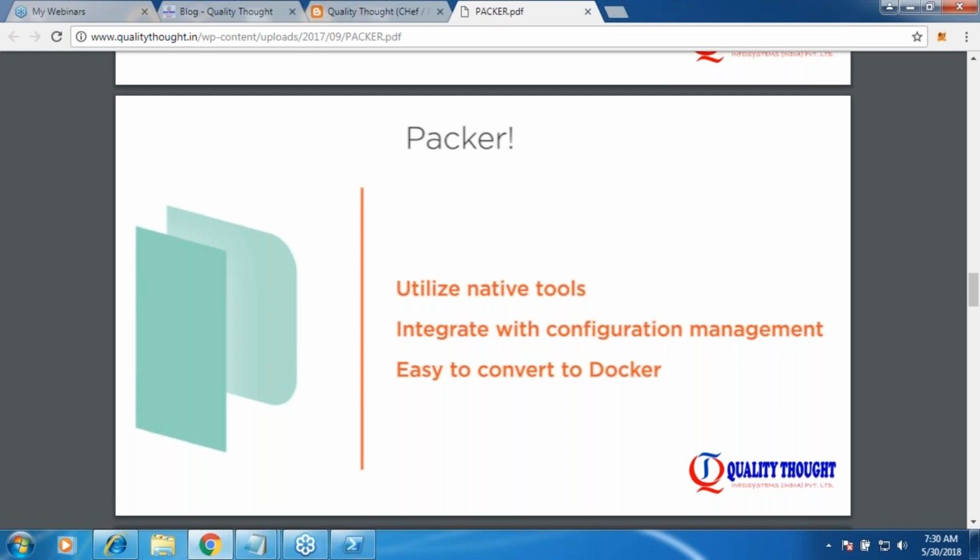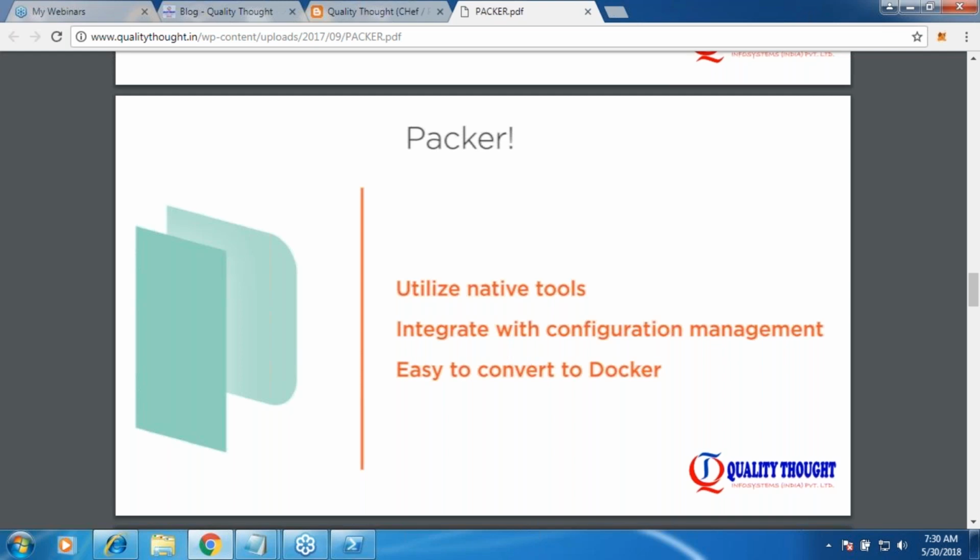The Packer image which I create can be converted into Docker. Here again, I'm telling you one word: this will work, but it is not a better way. We have to do it natively in Docker. You can do it, but only when it is absolutely needed. Otherwise, I would prefer doing it in Docker itself, because conversions onto production servers is not a good idea. Any tool which does conversion.